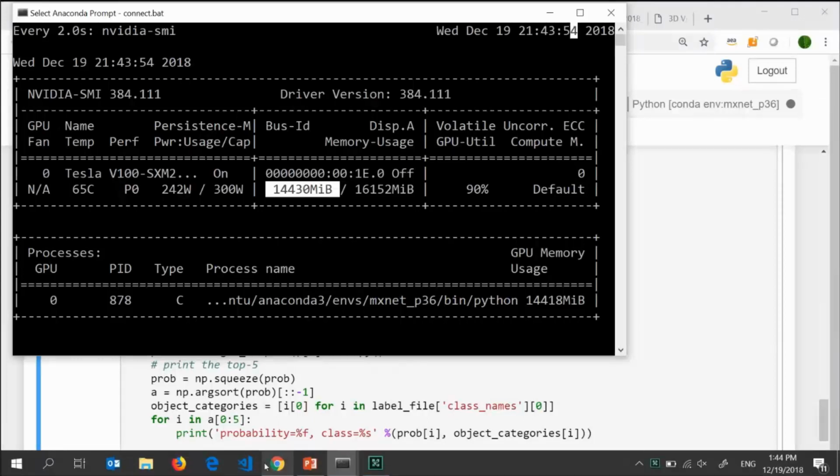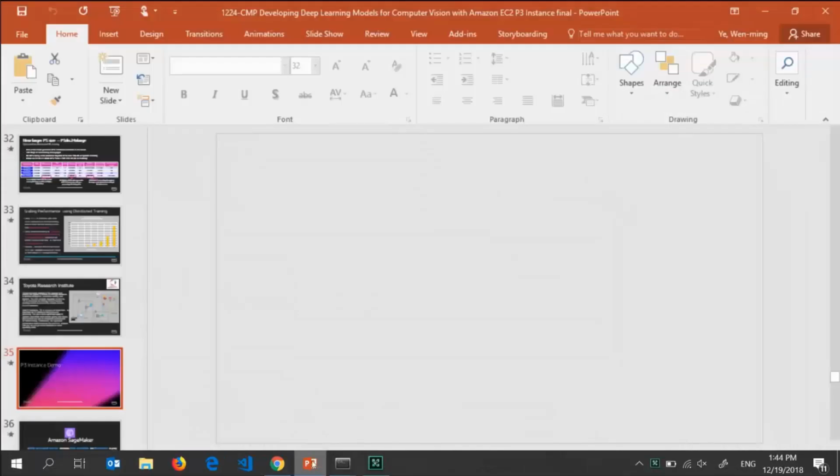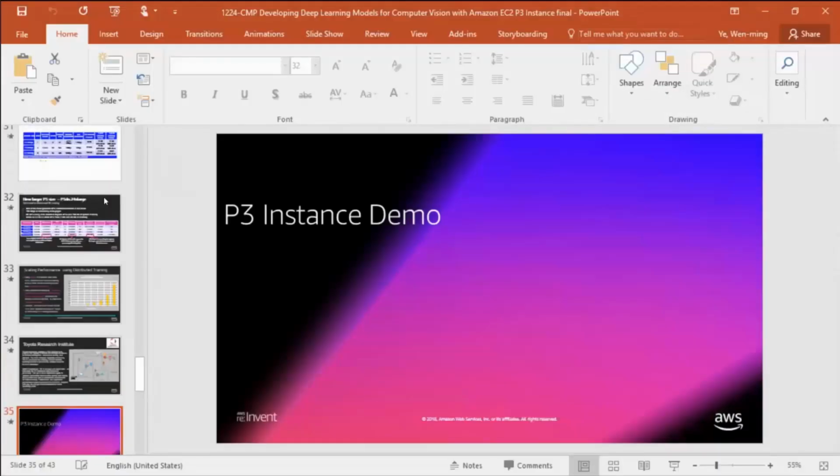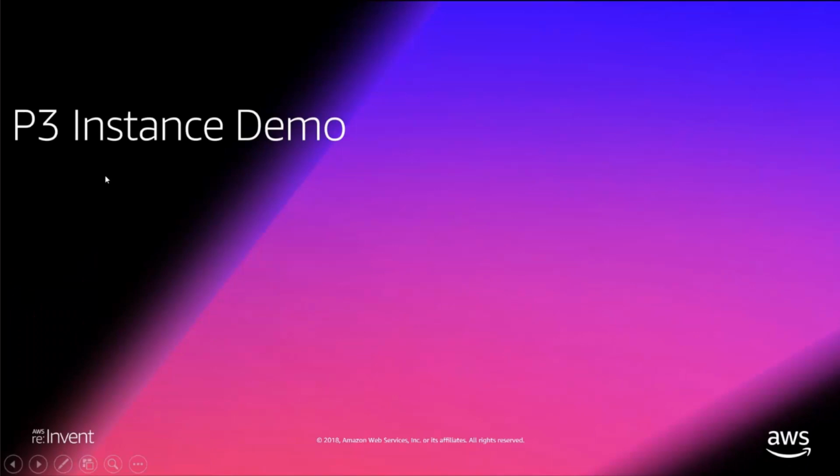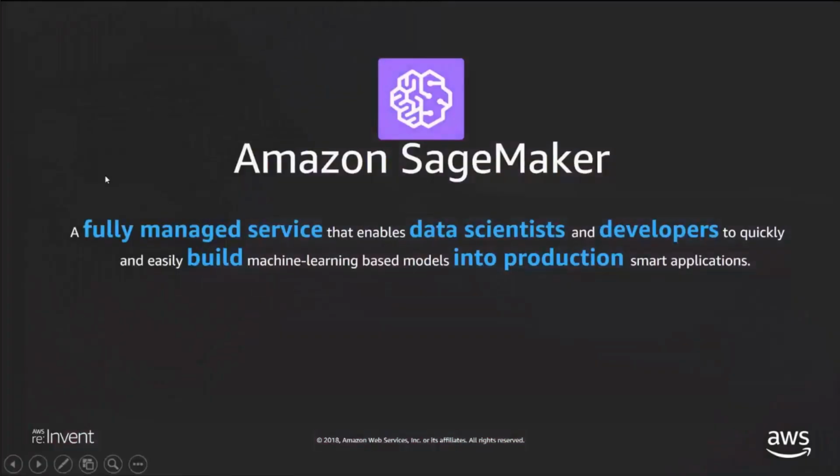So let's go to the next part of our presentation, which is SageMaker. We talked about how you could potentially run everything inside just a P3 instance. But there's a caveat to that. There are a lot of people that I've talked to and worked with, and they all have one problem, which is they forget to turn off their P3 instances.